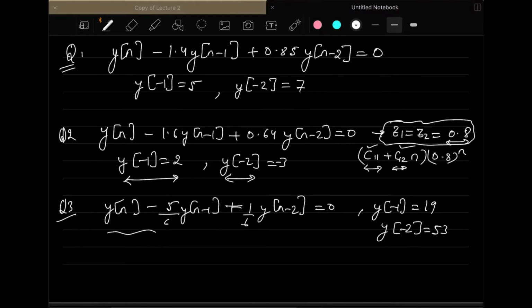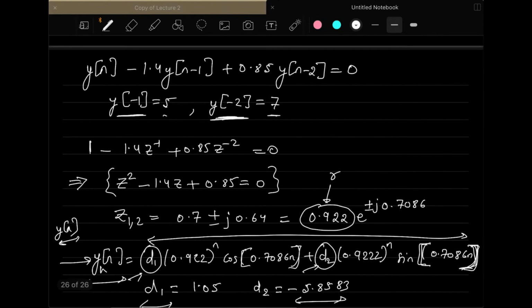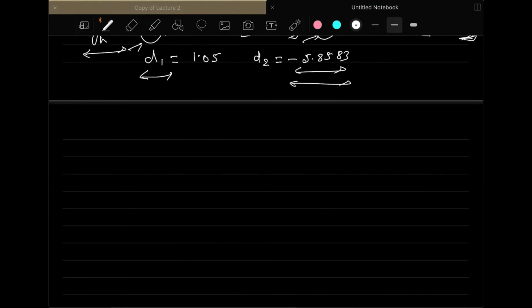This you can solve yourself. It's very easy. I don't know the solution of this, but you can solve it. I think there is no challenging thing here once you are exposed to these two types of difference equations. Okay, so now once this is completed, in case of forced responses, we will have a similar treatment as